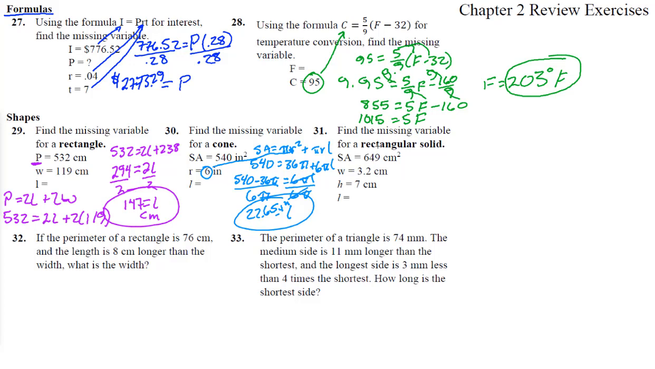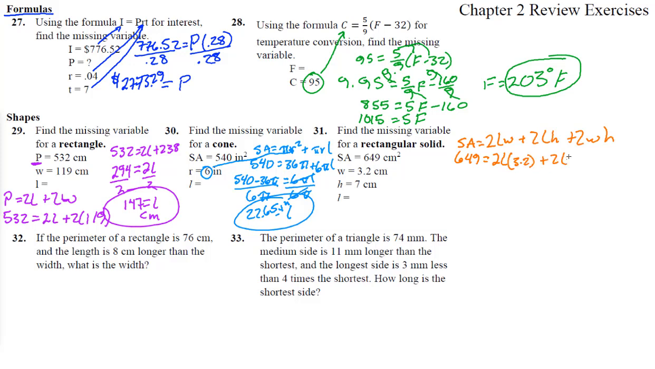Find the missing variable for a rectangular solid. So this is a box. Surface area is the formula we need. So we look that up and we get surface area is 2 length widths plus 2 length heights plus 2 width heights. So length times width, so that's the top and the bottom of the box. Length times height, sides of the box, and the width heights is the front and the back of the box. All right, so we have 649 goes right here, and that equals 2 times L times 3.2 plus